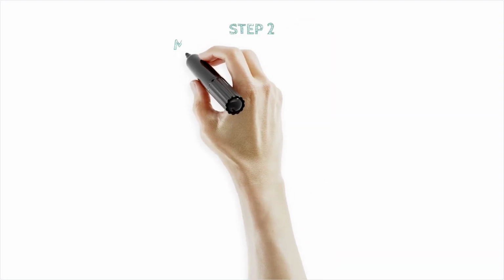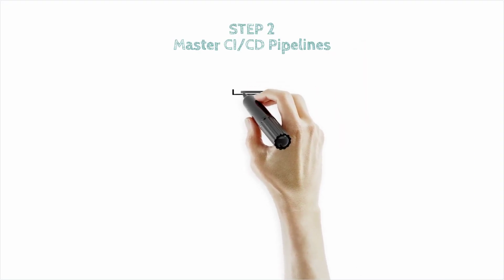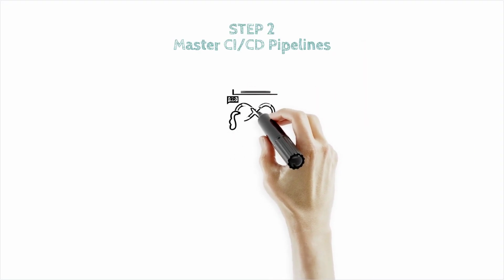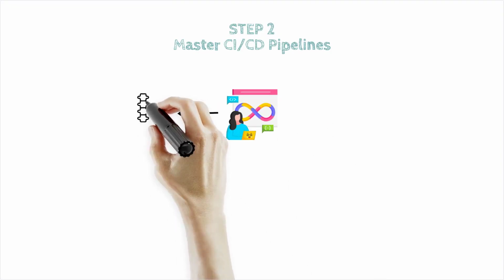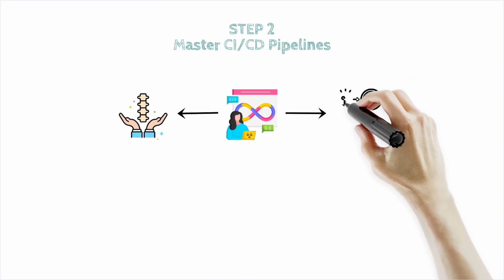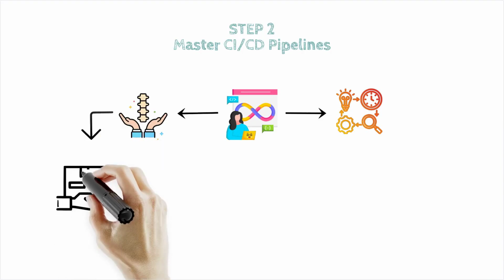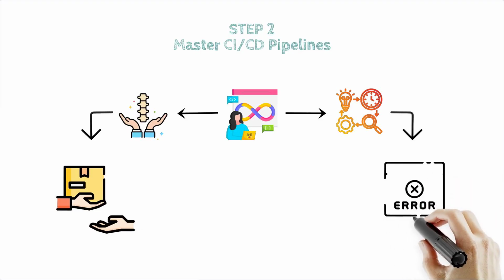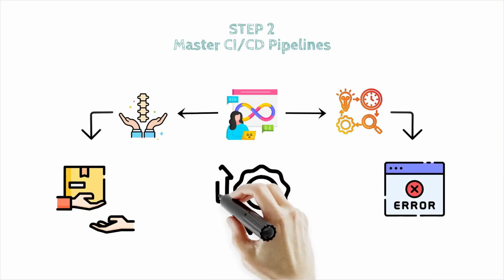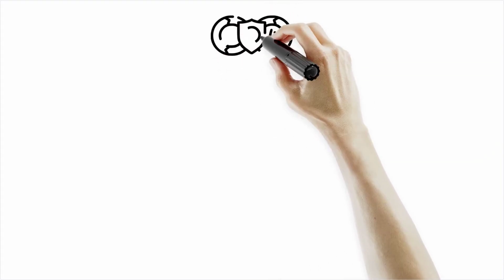Step 2 of the DevOps roadmap. Master CI/CD pipelines. Learning CI/CD, continuous integration/continuous deployment, is critical for a DevOps engineer because these practices form the backbone of modern software development and operations. CI/CD allows teams to deliver software faster, with higher quality and fewer manual interventions, all of which are essential in a DevOps environment. Let's discuss the key reasons why CI/CD is important for a